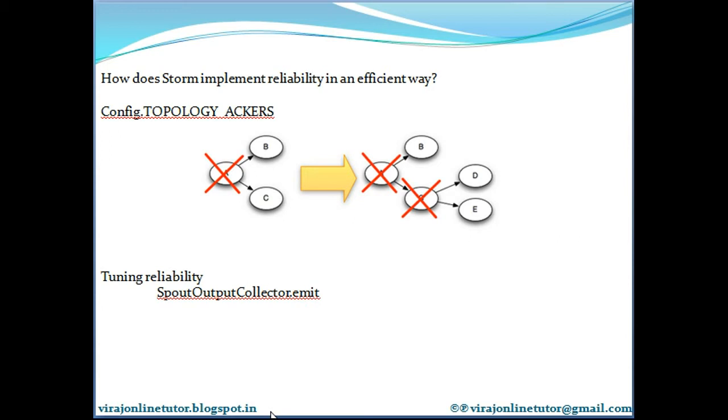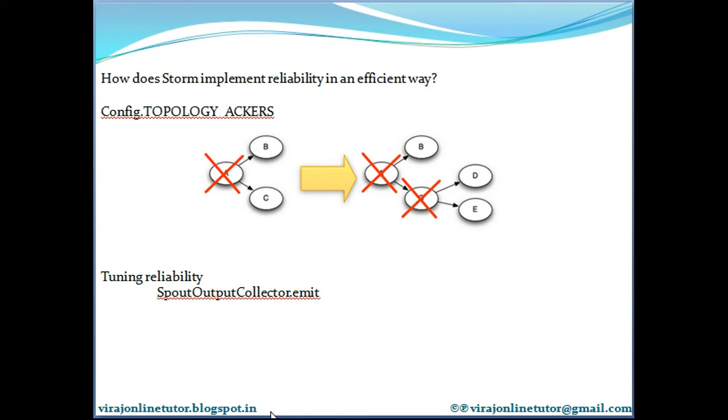When you emit a new tuple in a bolt, the spout tuple IDs from the tuple's anchors are copied into the new tuple. This is how it remembers from which spout tuple a particular tuple in a tuple tree has been generated. When a tuple is acknowledged, it sends a message to appropriate acker tasks with information about how the tuple tree has changed because of some tuple being completed in the processing.